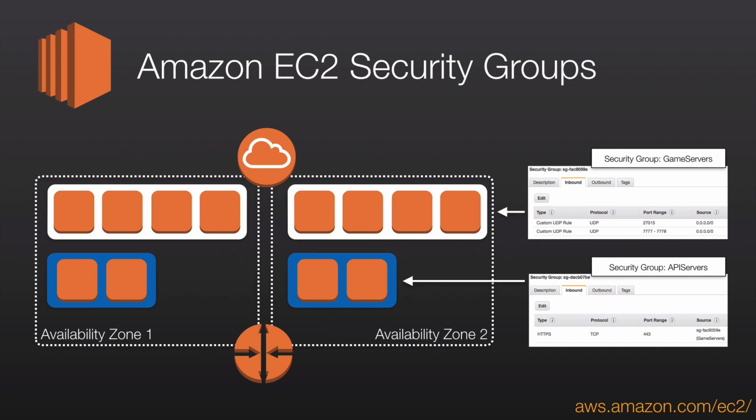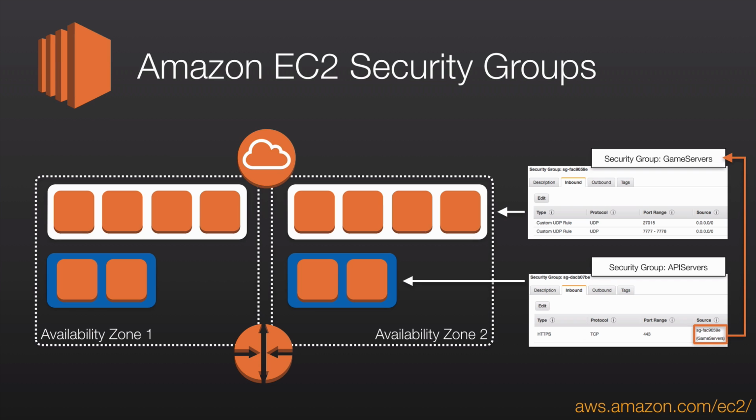And then at the back end, we've got another security group called API servers. This is for our web services API that we're going to use for some aspects of maybe state or matchmaking in our game server. So I have a secondary API tier that we're running. And you can see here that we have a reference in that second security group for API servers that allows traffic from EC2 instances in the game server security group, and only that traffic, to access HTTPS on that secondary